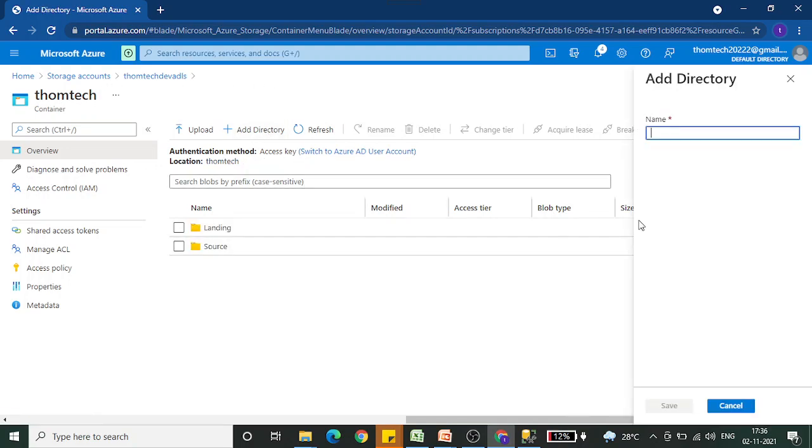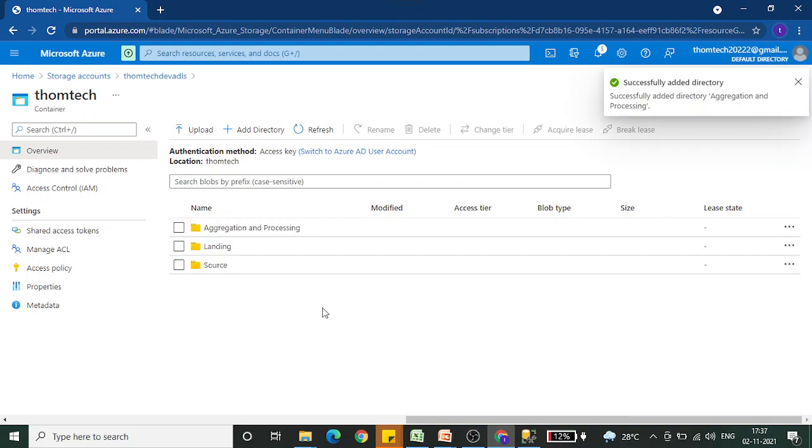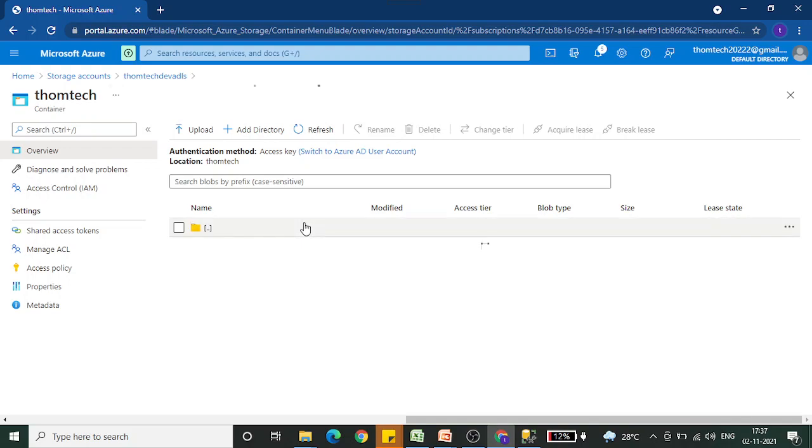After that we will be creating aggregation and processing. Let's check it out. So this is our third folder. Once the files have landed over here, we will collate all the similar files together, aggregate them, and push them into this folder.